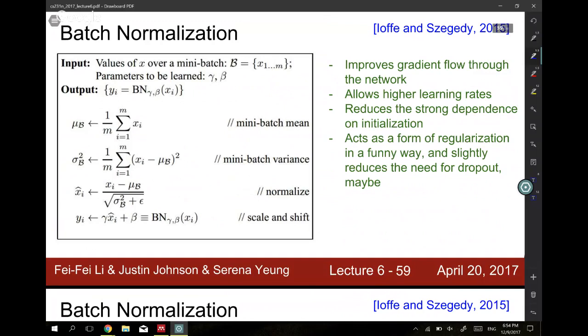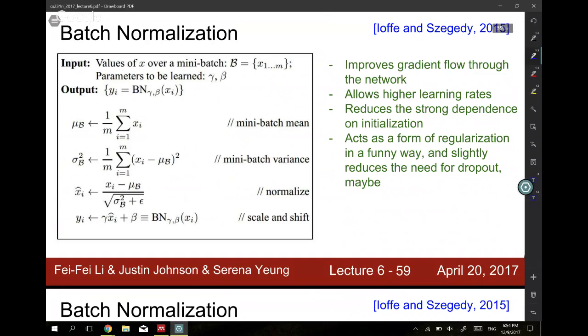So batch normalization, according to the authors, improves gradient flow through the network. It's also more robust and works for a larger range of learning rates. So it ends up allowing you to train faster. And one more thing is that